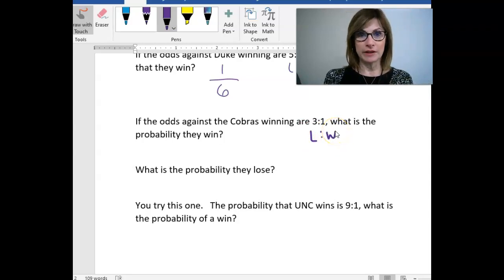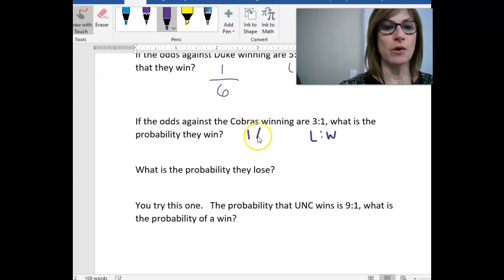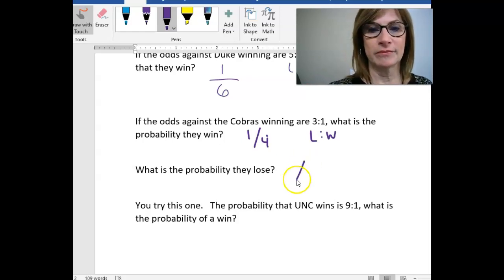So the probability that they win is 1 out of 4 times. Okay. What is the probability that they lose? In theory, they have played 4 total games, and they have lost